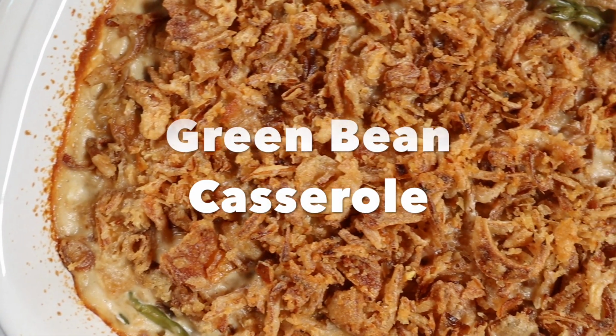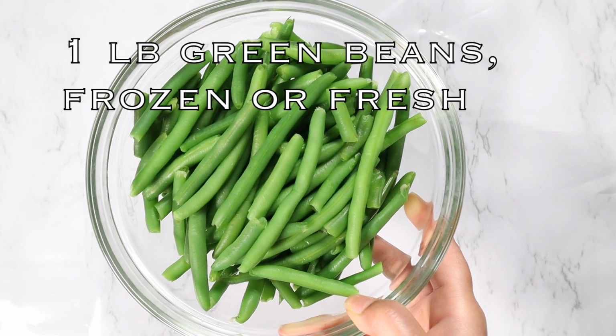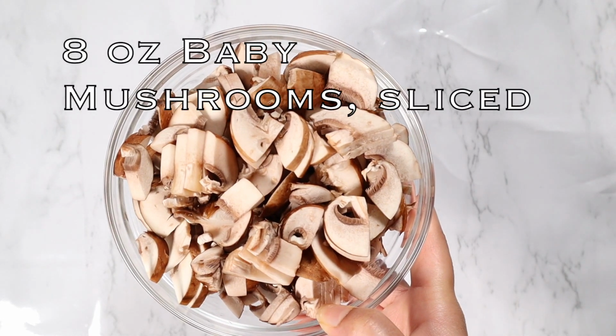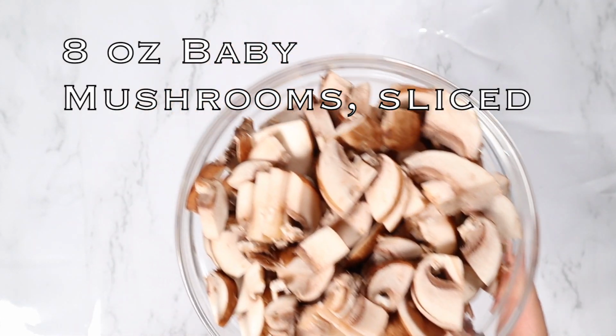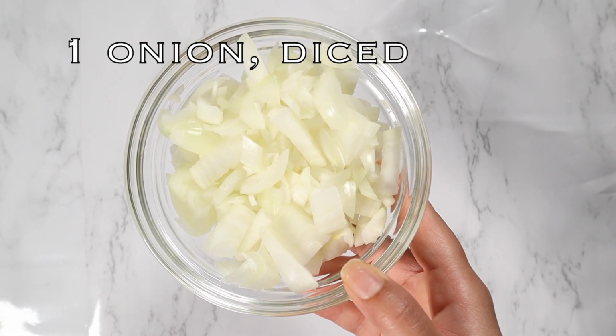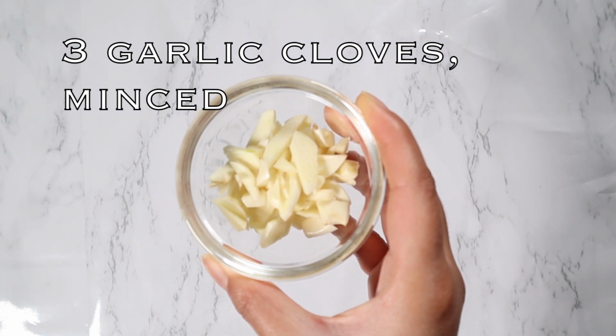Now let's make the green bean casserole. For the green bean casserole, you're going to need 1 pound of green beans that's frozen or fresh, 8 ounces of baby mushrooms that's sliced, 1 yellow onion that's diced, 3 garlic cloves that's minced,